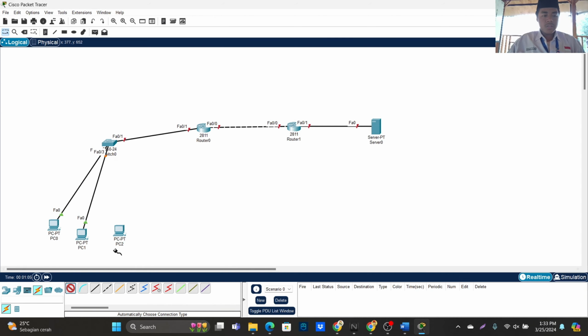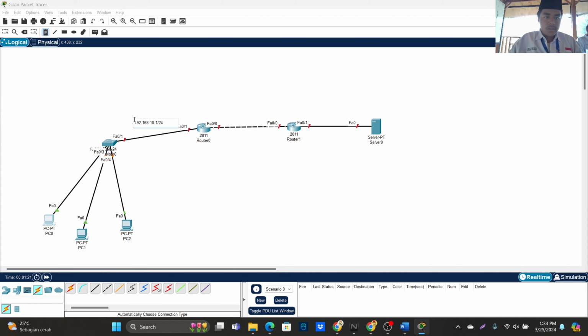Okay, now for the clients we will use IP 192.168 and network 10.